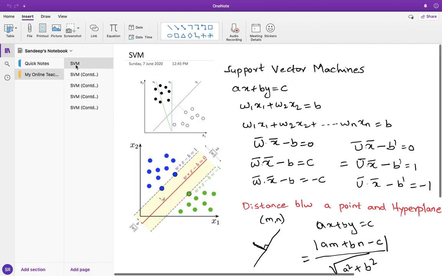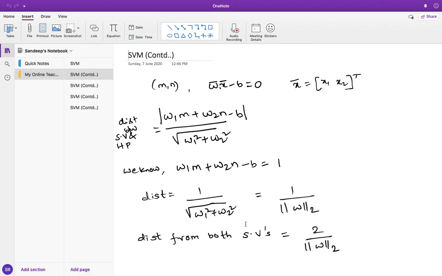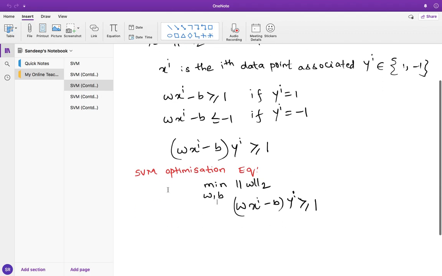So this is the broad overview of SVM theory and the implementation. Just to summarize the whole thing, I first introduced what an SVM is, and why it is important to calculate the distance between a point and a hyperplane. I gave the equation, and I also computed it for the actual case, and we computed the total distance, which is 2 by norm. Later we formulated the optimization problem, saying that maximizing the 1 by norm of W is equivalent to minimizing the norm of W. We also discussed the constraints, and we wrote the hard margin optimization problem.